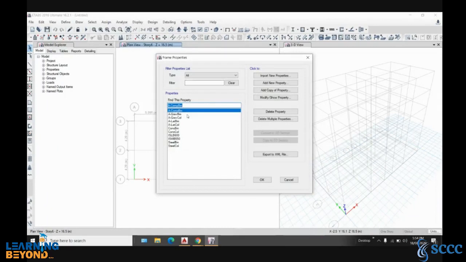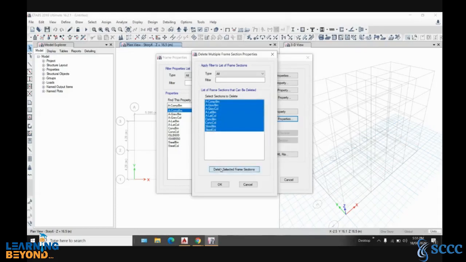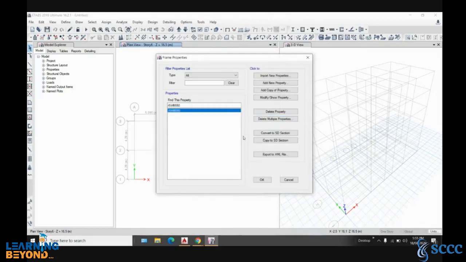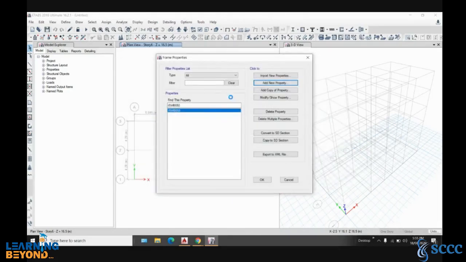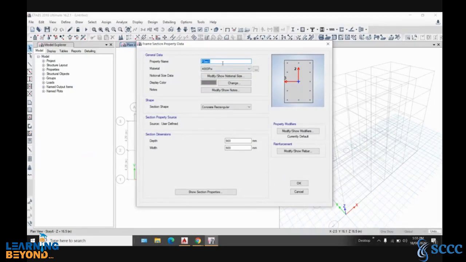And again this is to be deleted. So delete that, then delete that and click OK and add new property, concrete, then B, which is B 230 by 450, and grade will be M20, and then here it will be M20, then rectangular, then this is 230 by 450. We are repeating that because we have not defined FE415, that's why